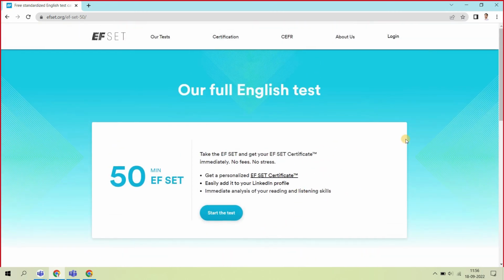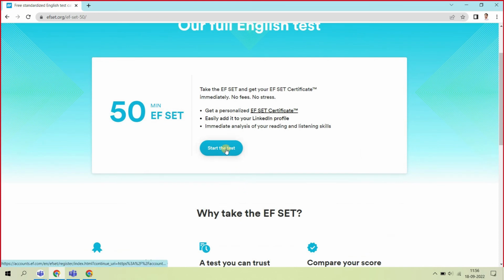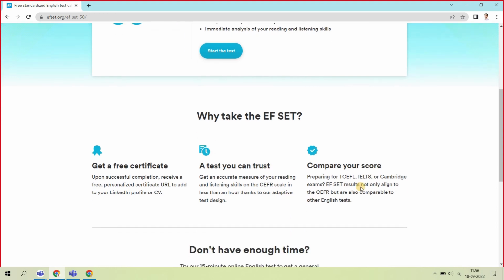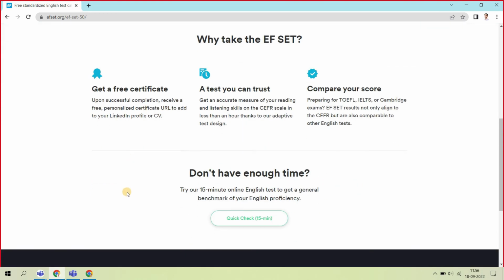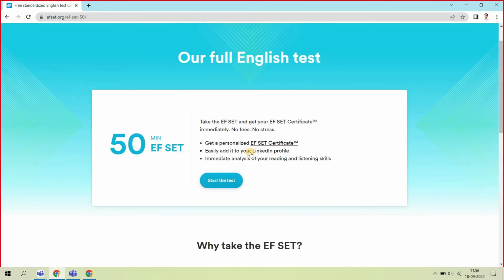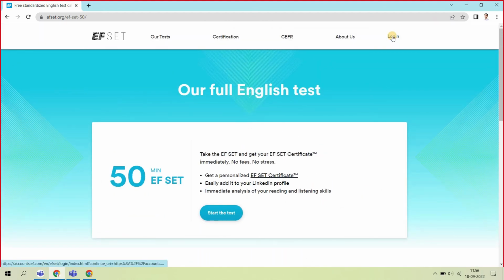All you have to do is just sign up and start taking the test. Once you take the test, make sure your internet connection is strong. And then for the next 1 hour, please don't allow anybody to trouble you, and make sure that nobody calls you. So do that, and then once you finish, you can download the certificate, and the certificate will be there in your account login.